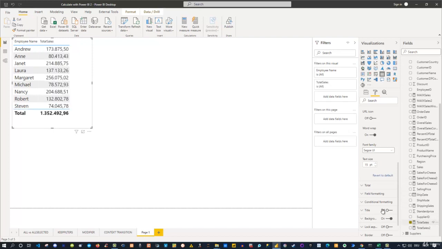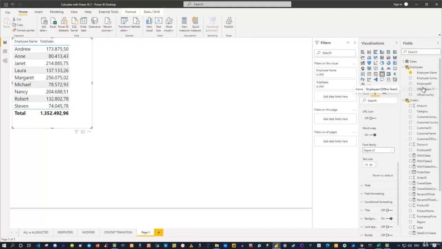So I take this option here, and I would see the total sales. Now the total sales, remember this, as well as the total sales too, are coming from the orders table, and because the employees table is linked to the orders table, it is filtering the orders table, and that is why we see here the total sales for each employee filtered, right? And here the total sales. So that works perfectly. On the other hand, if we would like to ignore the external filter context, we know